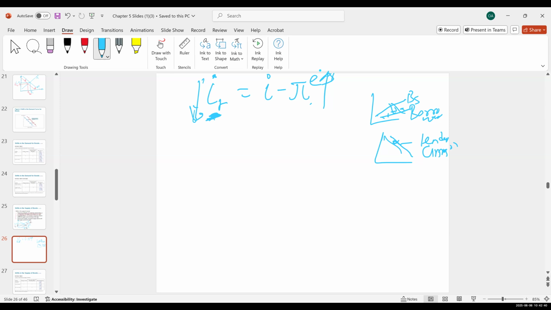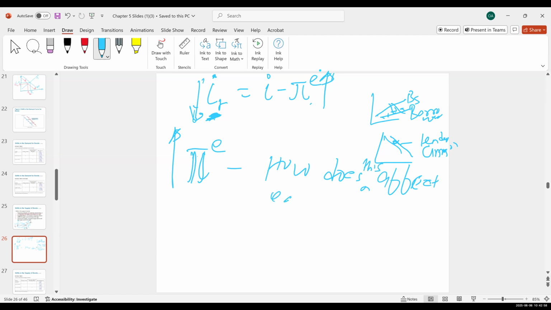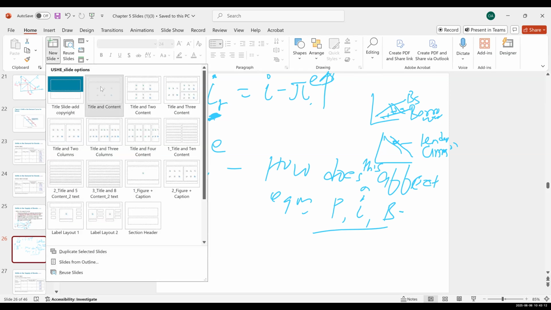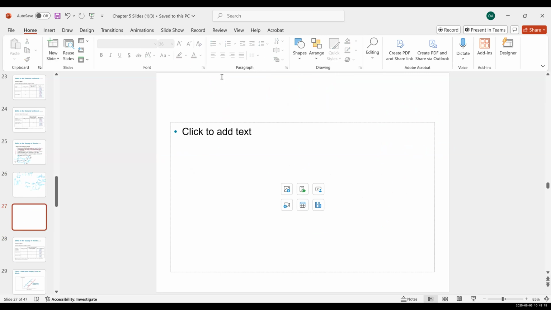So the question is, if I say there's an increase in expected inflation, how does this affect equilibrium price, interest rate, and equilibrium quantity? The first thing you're going to do here is analyze three cases, for you to be able to concretely tell what happens to equilibrium interest rate. Because we know when expected inflation goes up, we just talked about it,